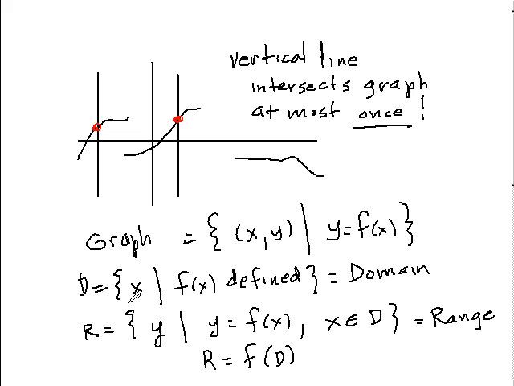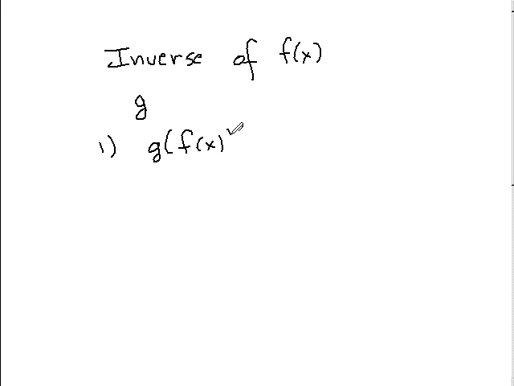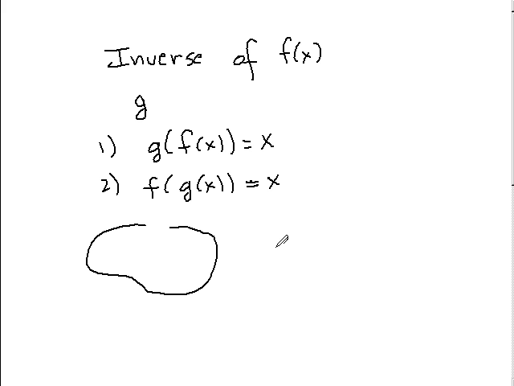An inverse function is related to f by the following. It's another function g with the following properties. Property 1, g of f of x gets you back to x, and f of g of x is equal to x. Now, if you remember the picture, of course, all this means is that if f maps